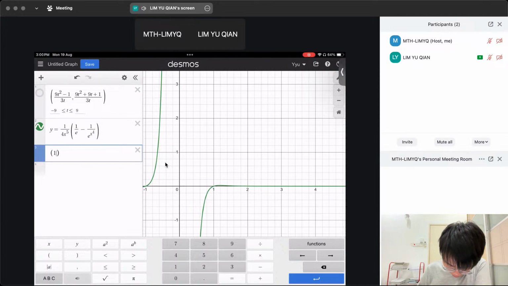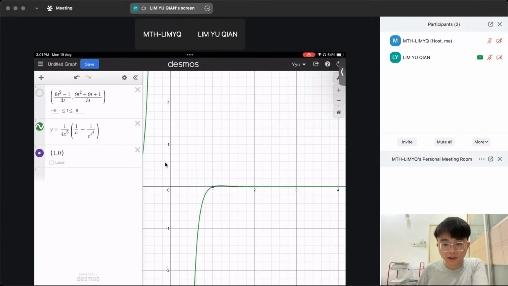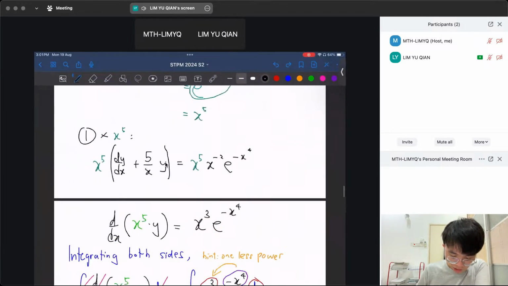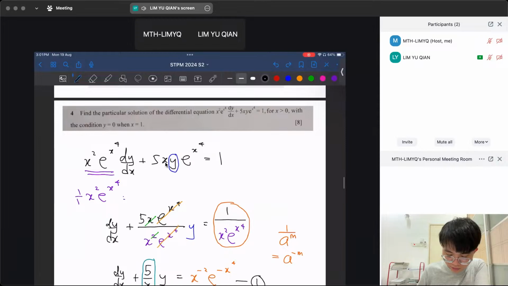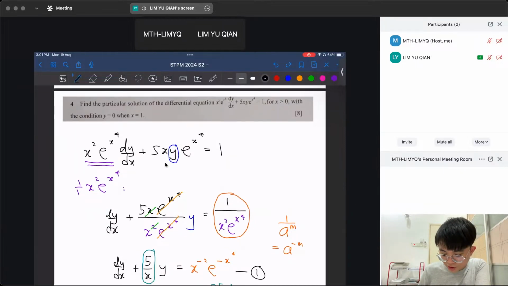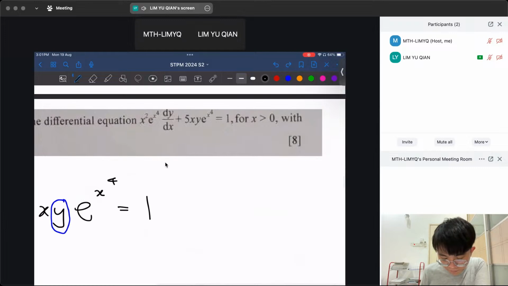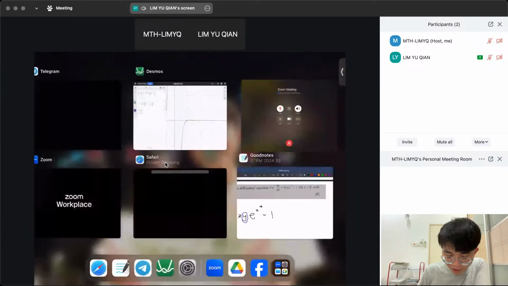Yeah, so (1, 0). If you plot (1, 0), it must be one of the points that this curve passes through. The second thing is you must check that the differential equation is also satisfied, which means copying the original differential equation. The best thing is to just copy the original differential equation. It should be the same for x greater than 0 only.